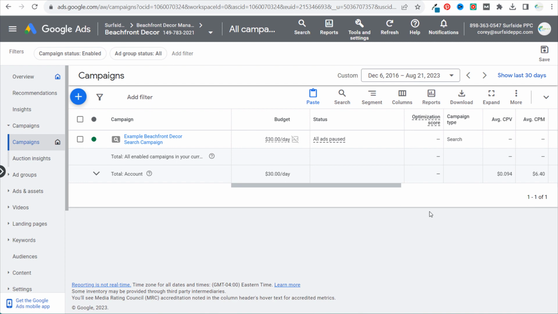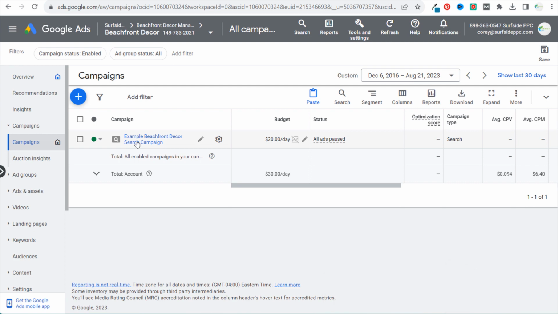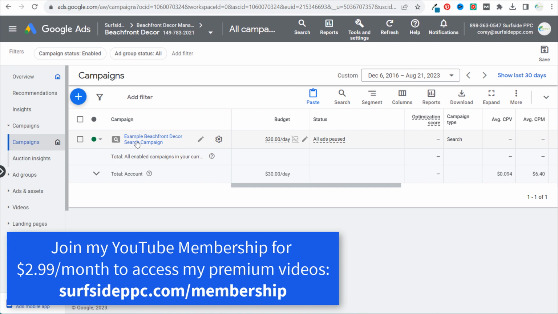Today, I'm going to be going over how to create organized Google Ads ad groups so that we can maximize our return on ad spend. So I have this search campaign here that is just here for tutorials. I will be running a separate campaign, probably starting next week or the following week, and I'll be using that for tutorials as well. But just to get started, making sure that we get off on the right foot when